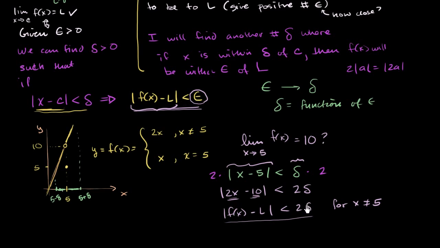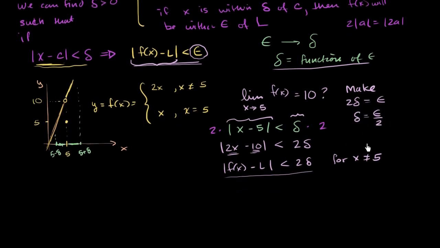So how can we define delta so that 2 delta is essentially going to be epsilon? Well, this is our chance. This is where we're defining delta as a function of epsilon. We're going to make 2 delta equal epsilon, or if you divide both sides by 2, we're going to make delta equal to epsilon over 2. So if you make, let me switch colors just to ease the monotony,